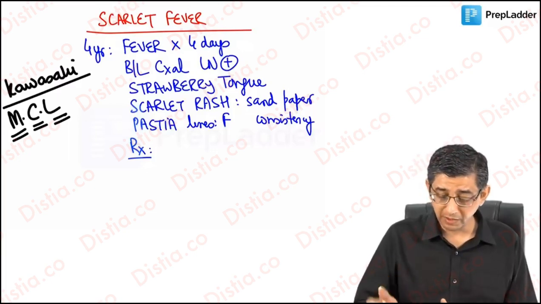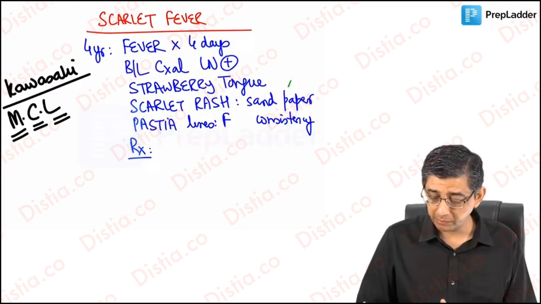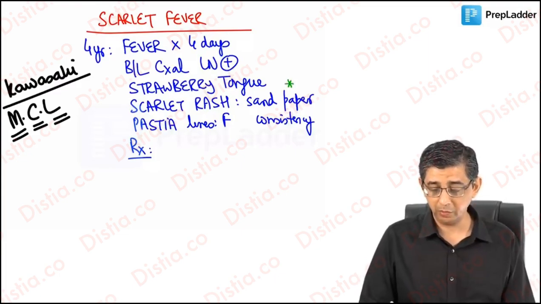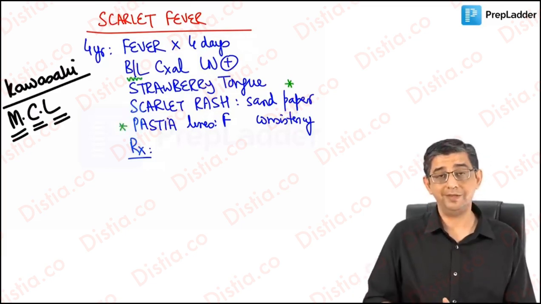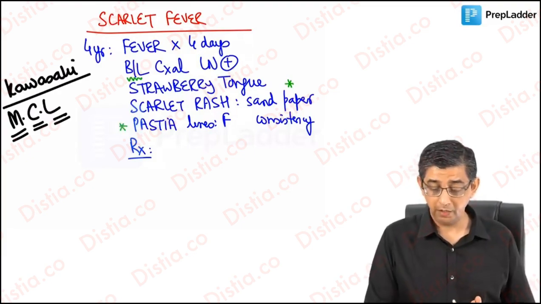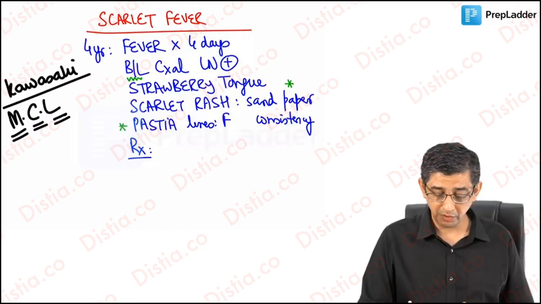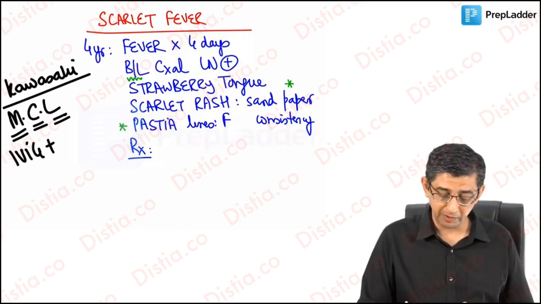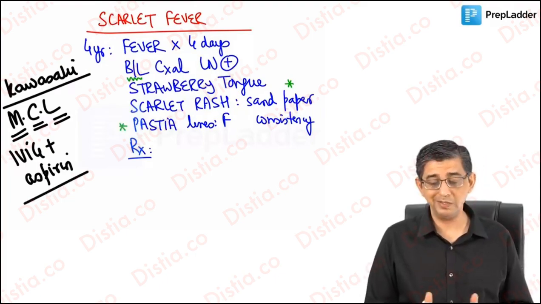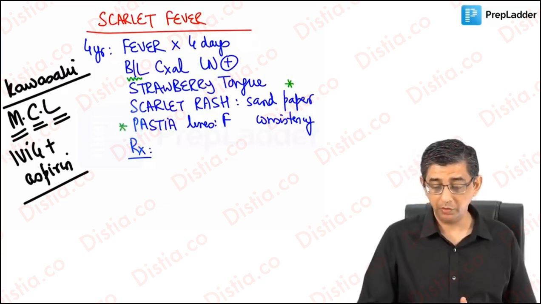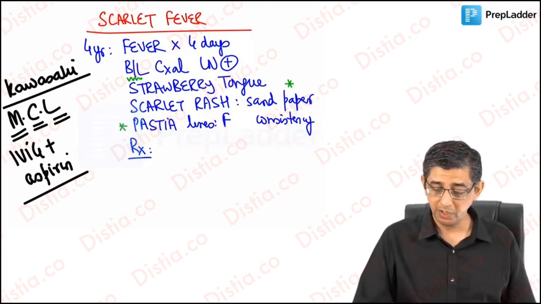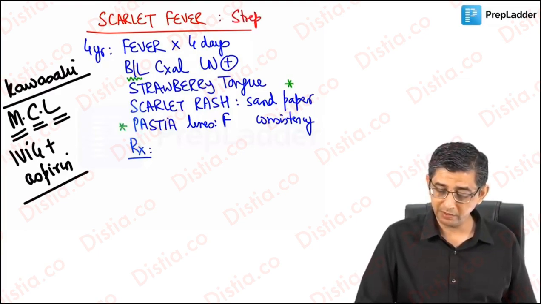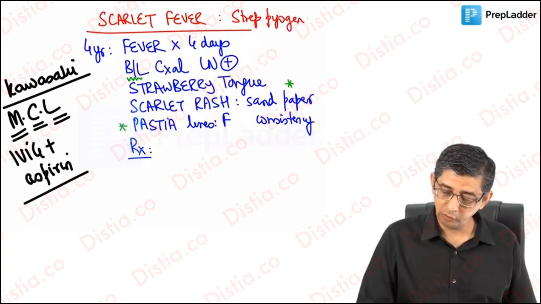The subtle differences that I've highlighted here: one, I've talked about sandpaper consistency of the rash, I've talked about Pastia's lines, I've talked about bilateral lymphadenopathy. They all tell you the fact that this is definitely not Kawasaki. If it is Kawasaki, the treatment is giving intravenous immunoglobulin with aspirin. Last time I've taught you intravenous immunoglobulin was for Guillain-Barré syndrome, but IVIG is used even in Kawasaki. The treatment for scarlet fever, because it's caused by a bacteria, that is Streptococcus pyogenes, so we can use simple ampicillin. It is sensitive to most of the